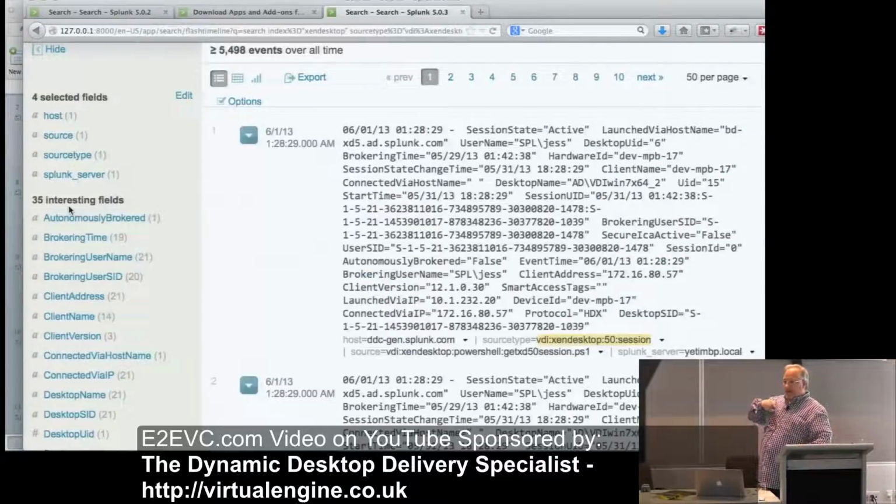I haven't told Splunk anything. I didn't say these are fields. It figured it out on its own. Granted, this particular data is kind of mapped for that. So you see connected via IP equals blah. In such case, if the data isn't that easy to read, you can educate Splunk. You can say, hey, when you see this regular expression, this is the MAC address. Or you see this regular expression, this is a switch IP or whatever you want to call it.